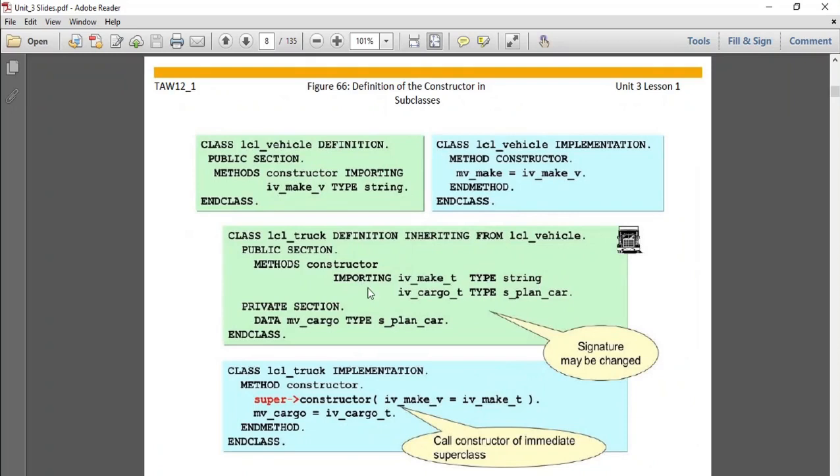Again we do the same thing, but the constructor is generally called when we create the object. When we create the object, it automatically calls the constructor.